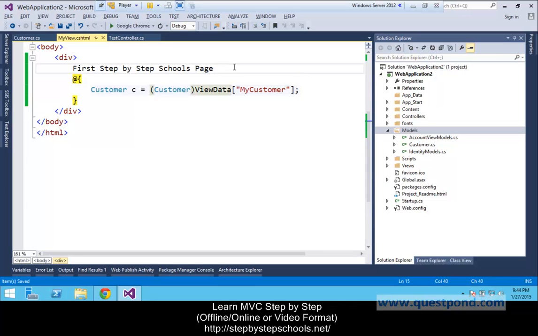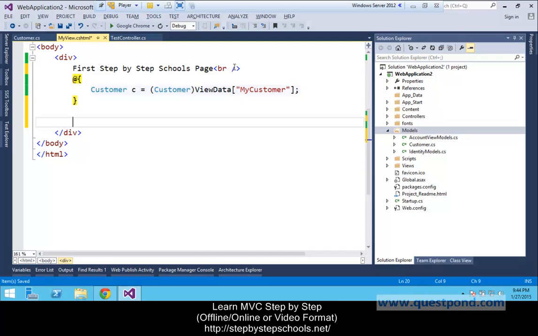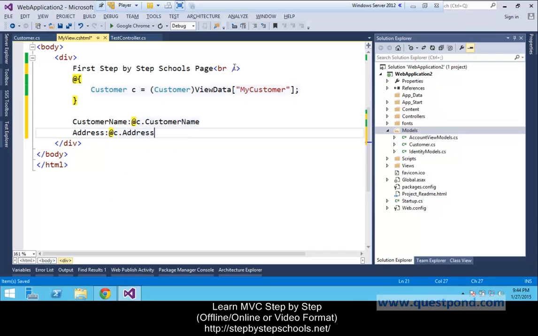Let's put a break tag here, and then here we will say we want to display customer name, right? So customer name, and again we want to display dynamic data, so we'll say @c dot customer name, address colon @c dot address. Okay, definitely we need a break tag here.